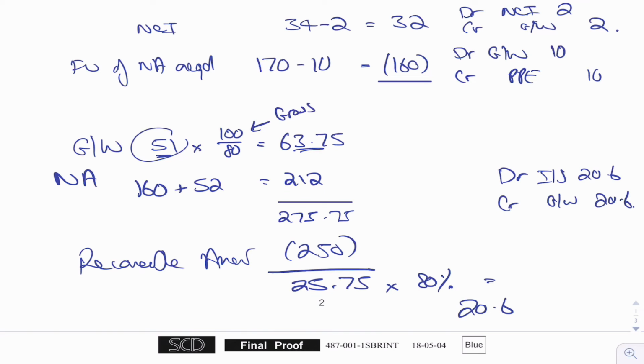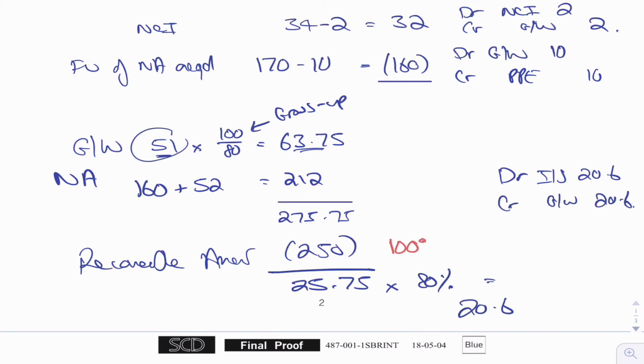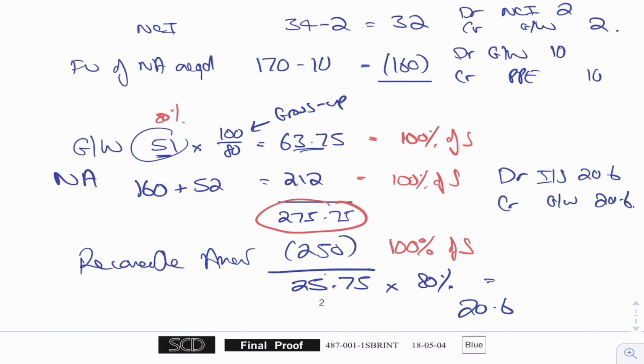I'm going to gross it up, and if you're not clear why I'm grossing it up, it's because I'm trying to compare like with like. That was 100% of S. This has got to be 100% of S. So goodwill needs to be 100% of S, and at the moment that was just 80%. So I needed to gross it up, so I'm comparing like with like, that 250 there. And then once I get my difference, that difference was based on 100%, and I'm doing proportionate goodwill. So I just want a proportion of that impairment coming away from my goodwill.